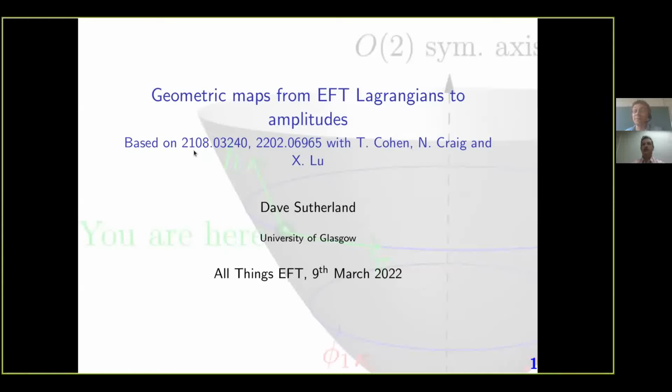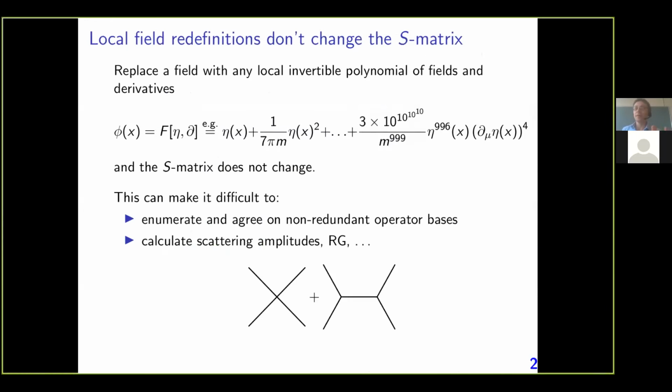What I'm going to talk about today is based on these two works with collaborators Tim Cohen, Nathaniel Craig, and Xiaoshuan Liu. And the underlying theme is how we use geometry to map from EFT Lagrangians to amplitudes. So underlying all of this, as is often the case in EFTs, is the field redefinition redundancy of an EFT